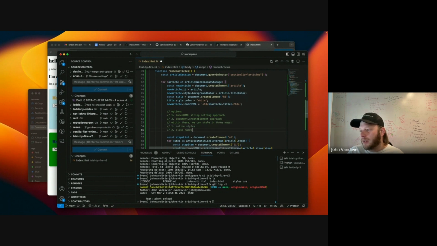Inline style, class names, or nothing. I guess there's just two ways. Okay, so there's kind of four options. There's two ways to make the title, and then there's two ways to style the title when we have it. Does that make sense?